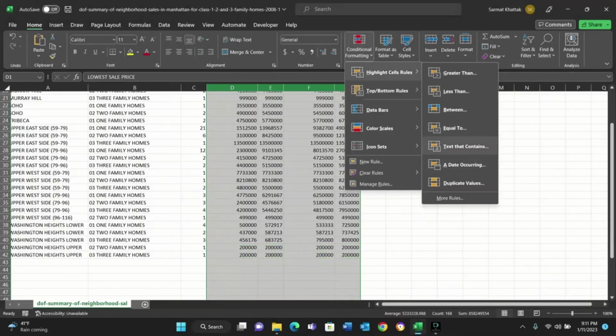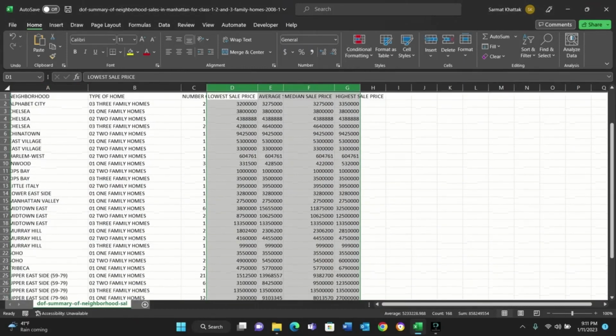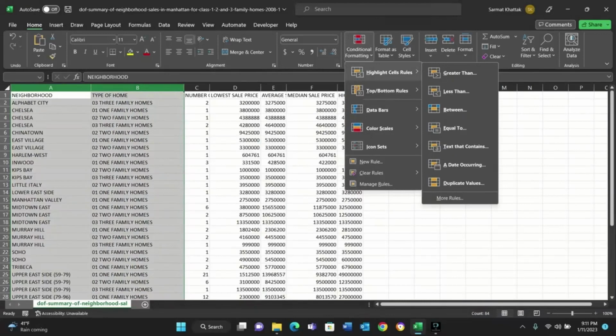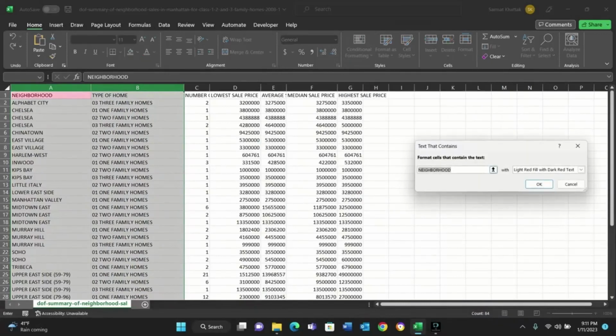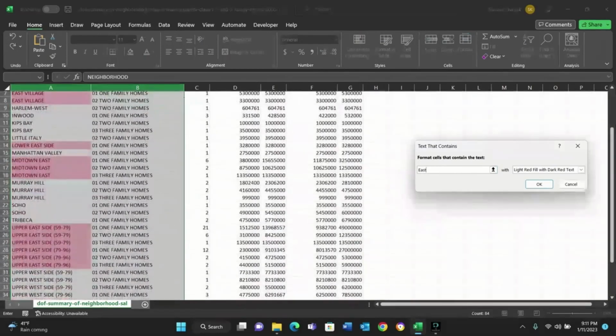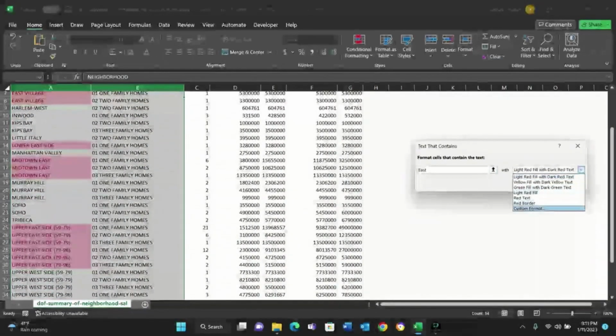You see the text. So this is very nice. If you're looking for something, if you have a lot of text data and you're looking for something specific in that text, like, hey, I have this many rows and I'm looking for text that contains a specific word, we can do that. We can do east, choose east here. So now it is highlighting every word that has east in it. We can again change the color to custom,